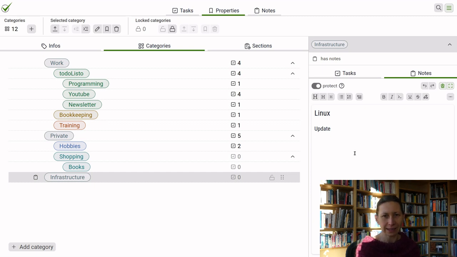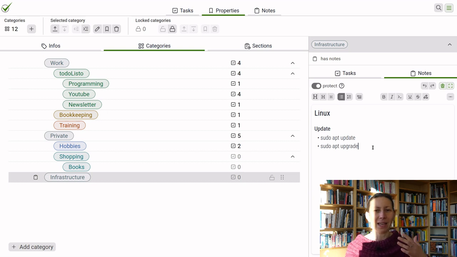I wouldn't need that right now, but just as an example, I could tell myself, okay, I have to do sudo apt update, and then I have to say just those commands that I need to do in order to do my updates. So this is not exactly what I have on my list, but a few things like that. Things that I sometimes, little commands that I use rarely, but I sometimes need them. And I always had trouble finding them in my notes on each computer because I had to duplicate them. And here I know I have them in a central place.